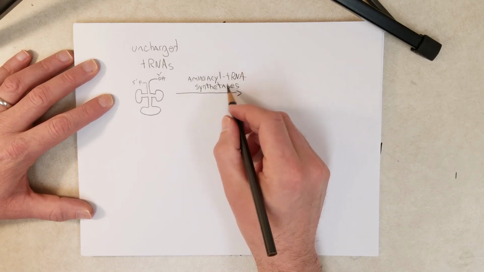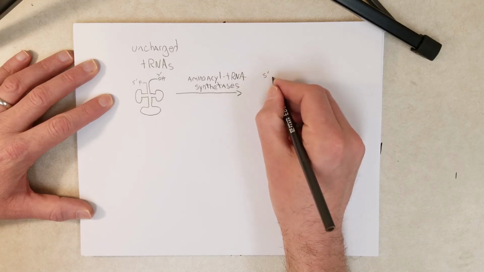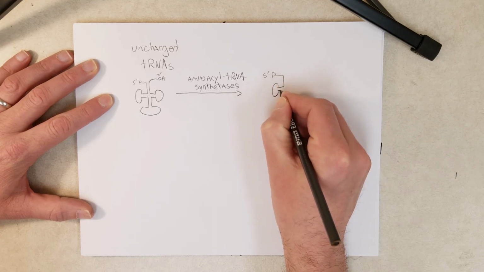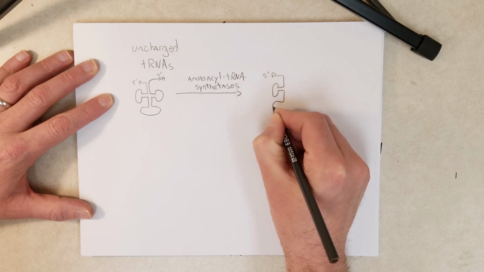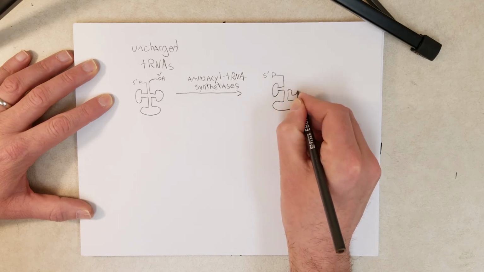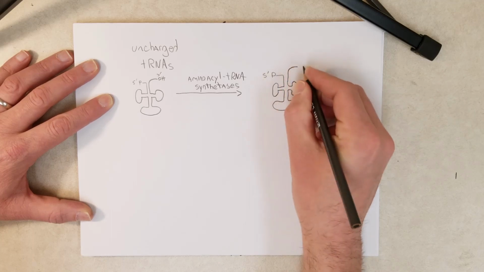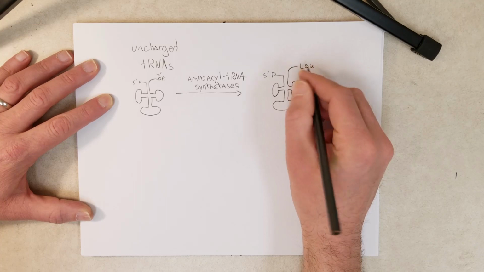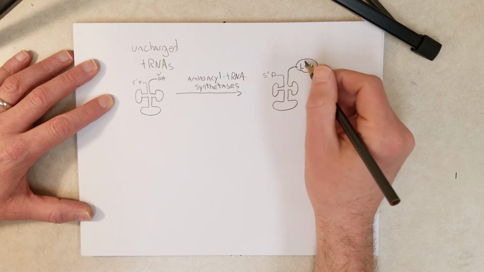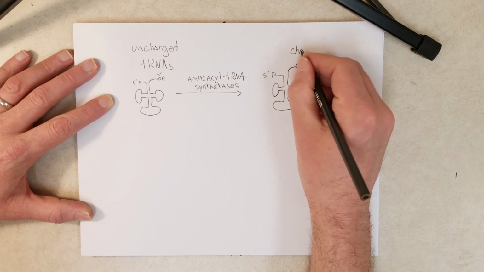So an aminoacyl tRNA synthetase will take this uncharged tRNA and it will add the cognate amino acid to this tRNA. So if it's a tRNA whose cognate amino acid is leucine, it will add a leucine to the 3' end. We won't worry about the specific bond that is formed. We have enough bonds to keep track of. So this is a charged